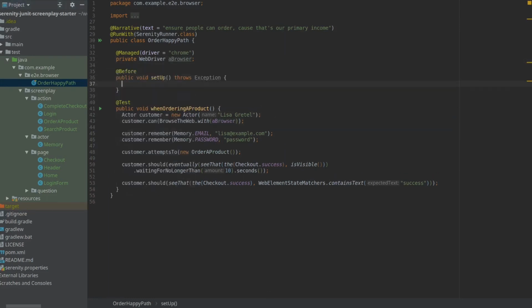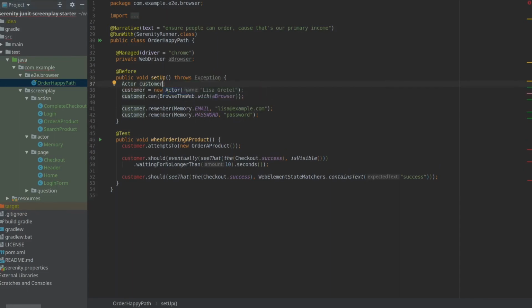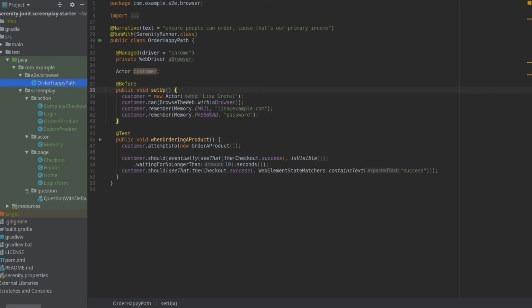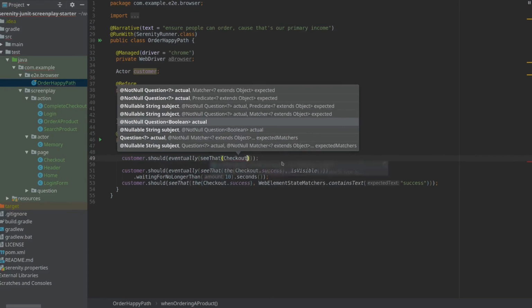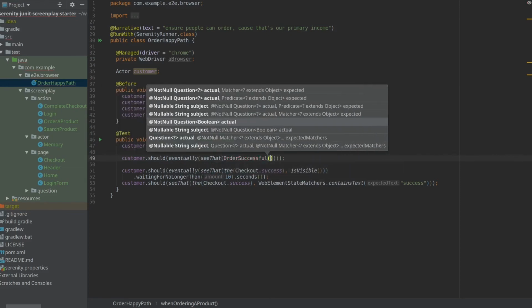Usually we don't configure actors in our test. We do that in the setup phase, so move everything there. And our checks aren't very descriptive, so we create a so-called question, wrapping both checks into something readable.